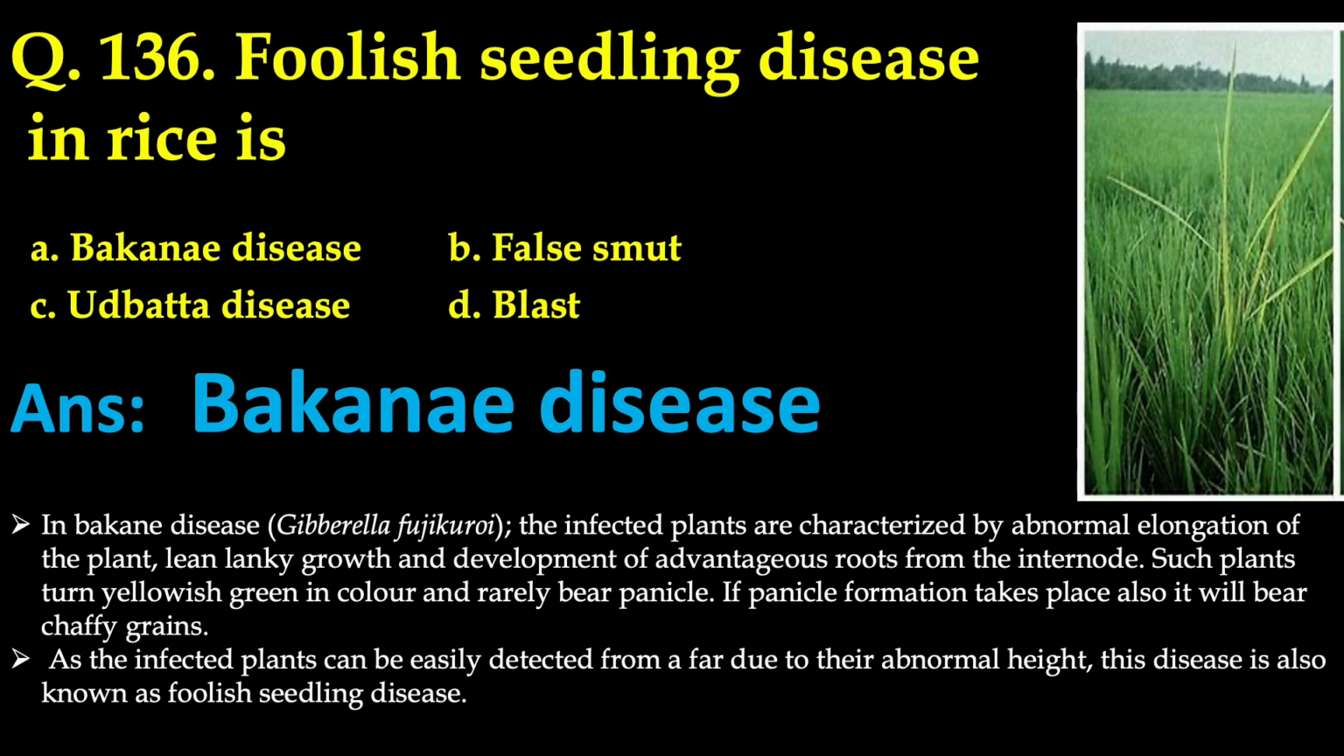On the other hand, the other option, false smut, also known as rice false smut, is caused by Ustilaginoidea virens, which is one of the most destructive fungal diseases in rice-growing countries. Ustiloxins are toxins which are very toxic to plants, animals as well as humans. And these are one of the major types of mycotoxin produced by